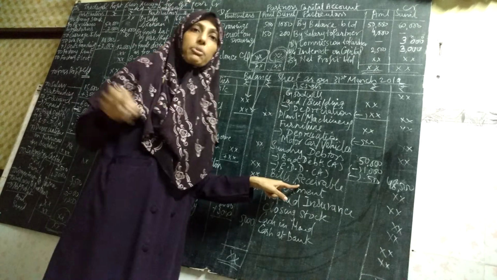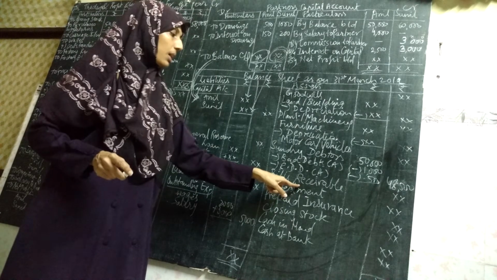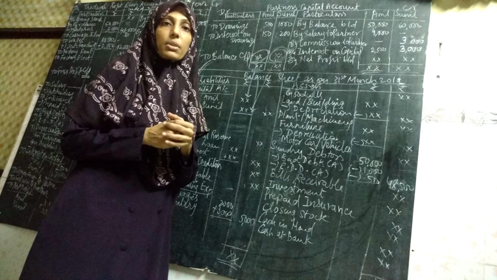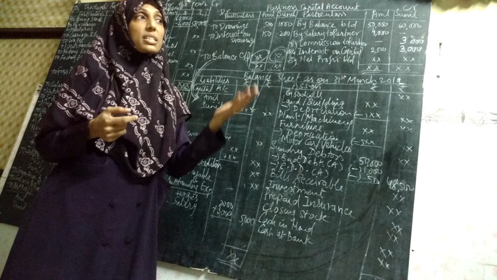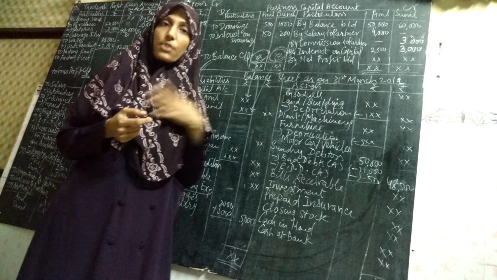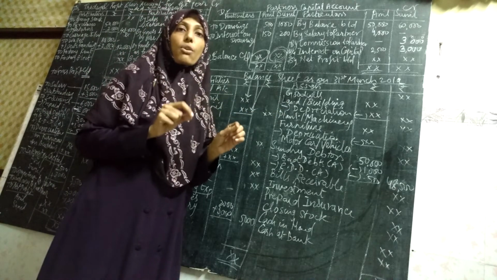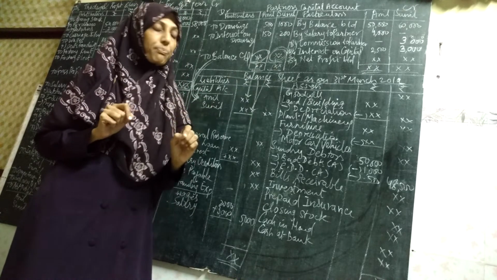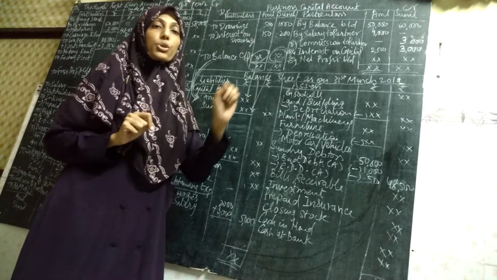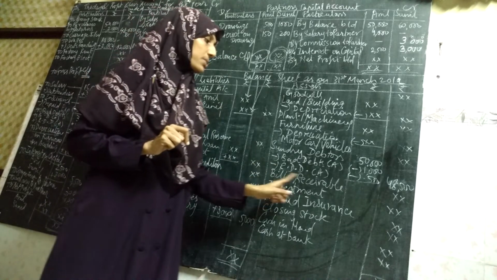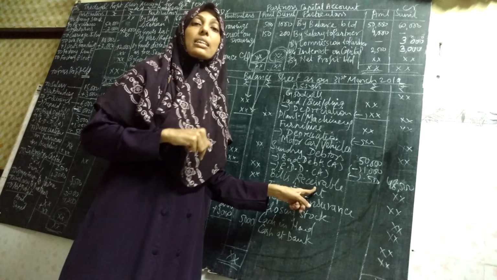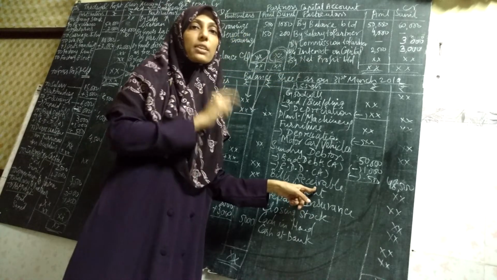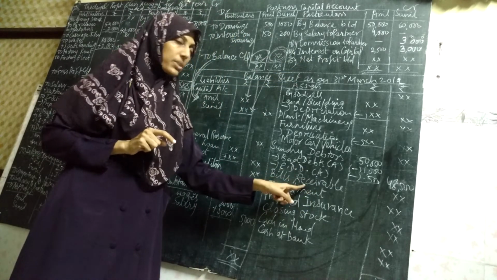There is a full-fledged chapter in 12th standard about bills receivable. Bills receivable means sometimes we have purchased goods from the customers, or the customers have purchased goods from us. And in order to have some security, the seller will prepare a bill and take the signature of the customer on the bill. Through that bill, the seller is going to receive money. That bill is called bills receivable.